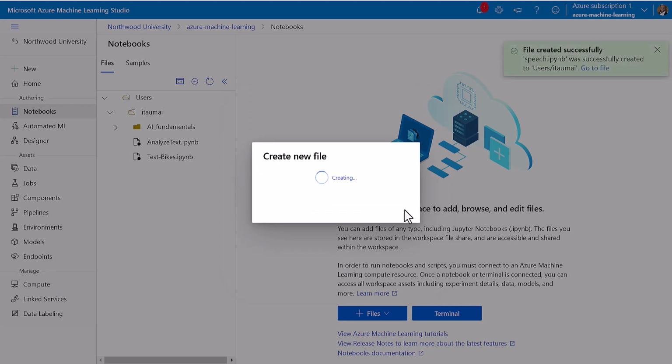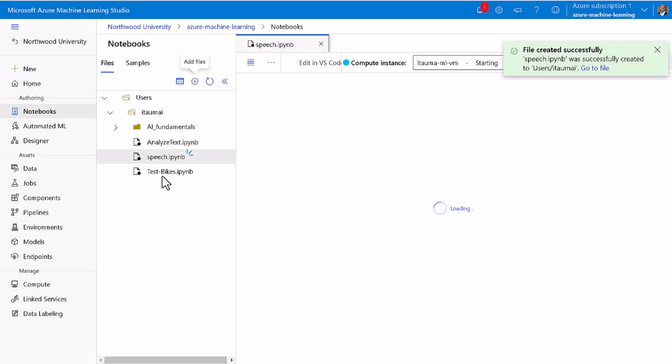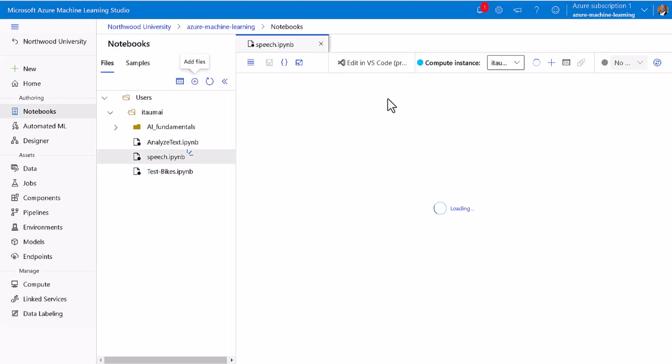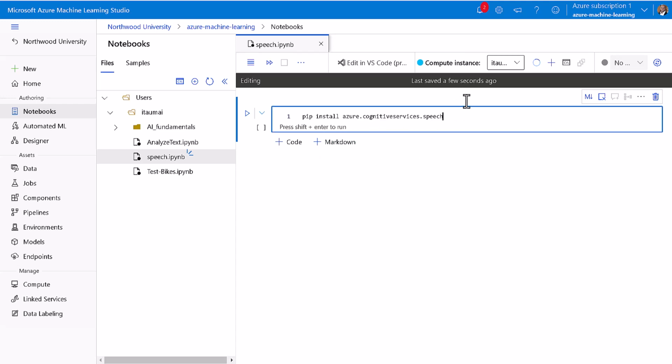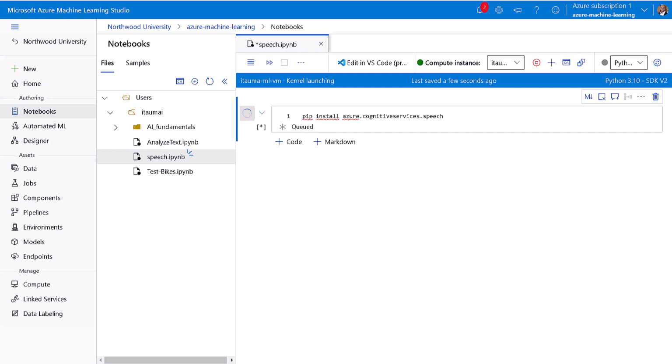So in this lesson, we'll look into speech recognition to transcribe audio into text and speech synthesis to convert text to audio. So ensure that your compute instance is running, and once that is done, we will need to install the Azure Cognitive Services Speech API, and you need to run the pip install